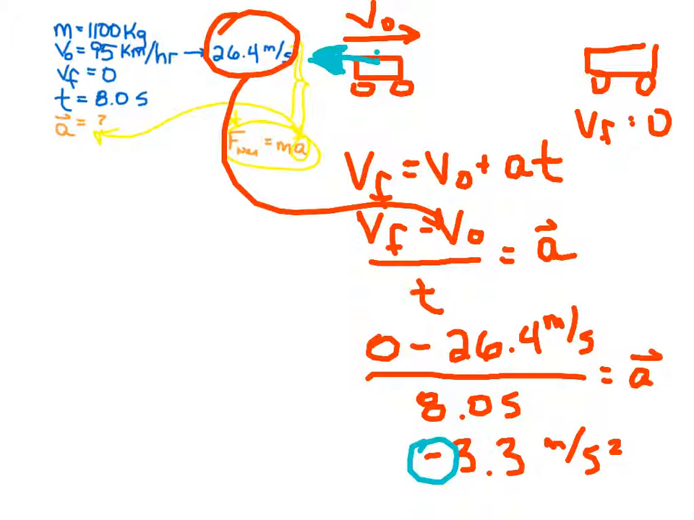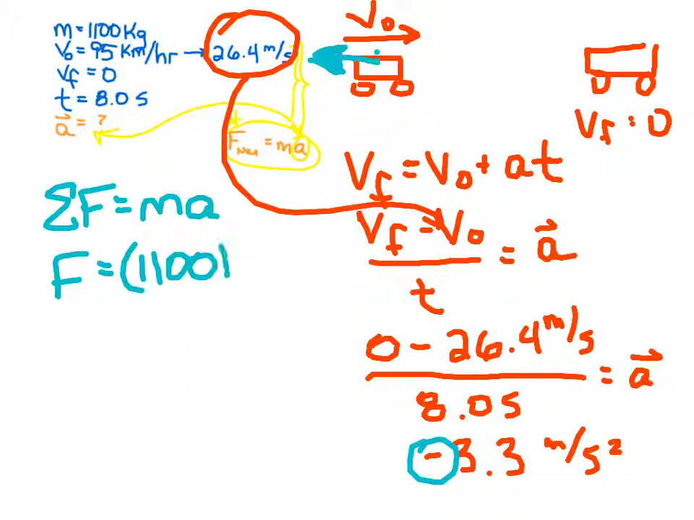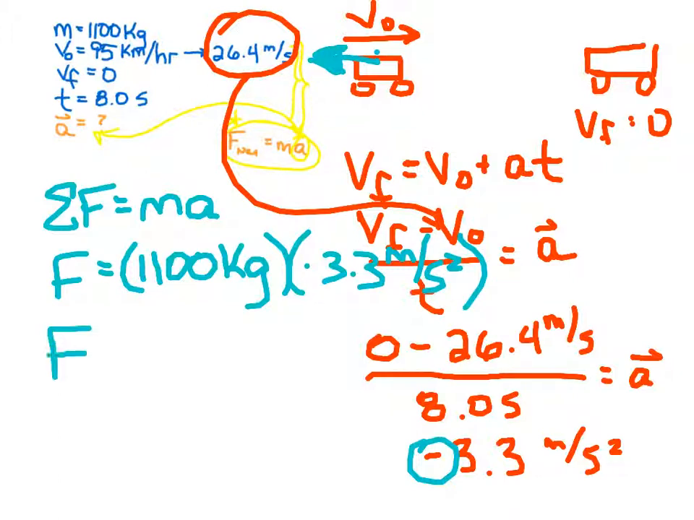The second part of this problem is basically just the dynamics piece, saying that F net is equal to ma, and then we're solving for that net force. F is equal to its mass. They give you the mass of the car is 1,100 kilograms, times the acceleration, which is going to be negative 3.3 meters per second squared. Kind of ran out of space here. And then finally, the required net force here is going to be negative